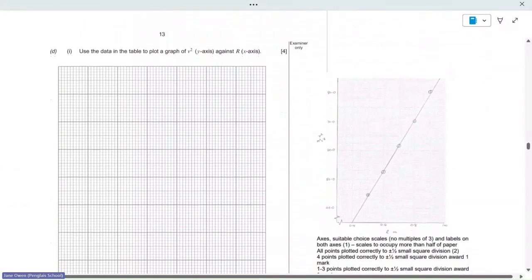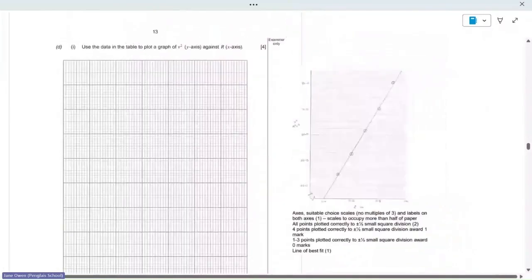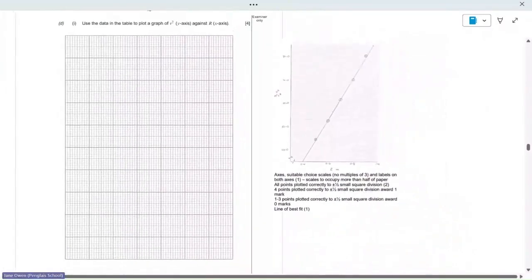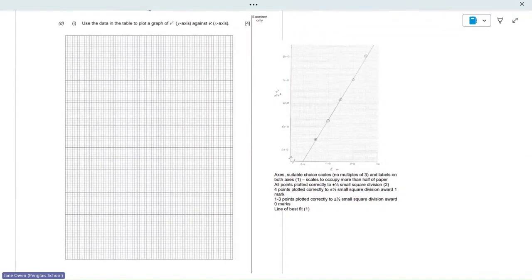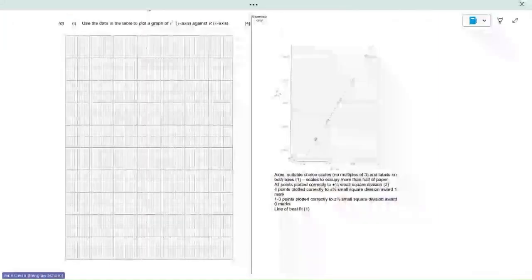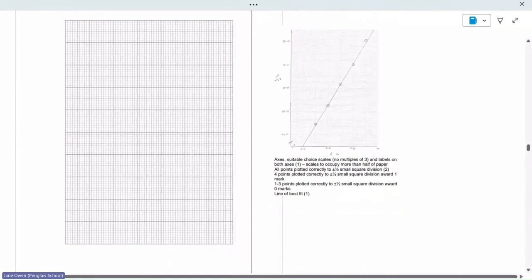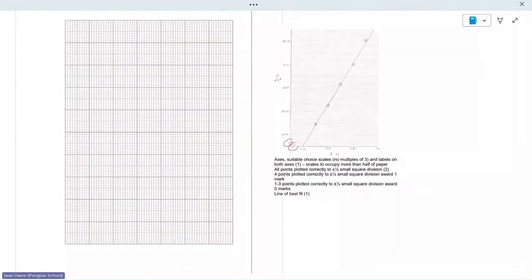Now we're going to have to plot a graph. Now, plotting graphs is exactly the same thing if you had to do an experiment. You get your marks for the choice of the axes, for spreading the axes out over the whole graph grid available, for plotting your points, for drawing your line of best fit. And whereas we don't encourage the use of these little things here, because you can use the whole graph grid, we can kind of like